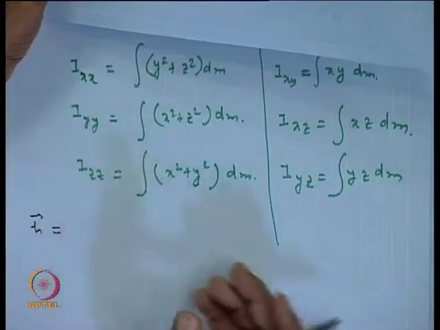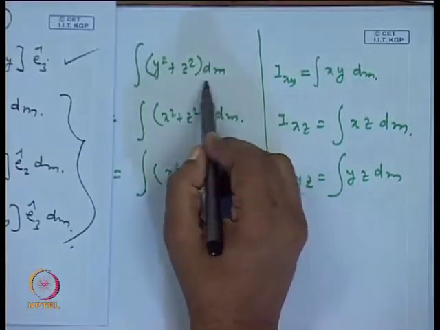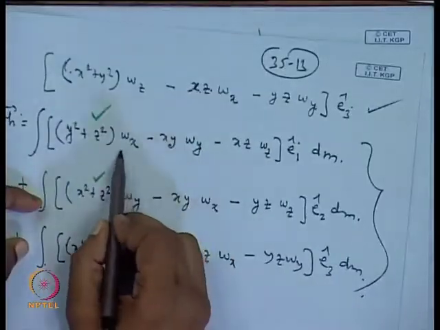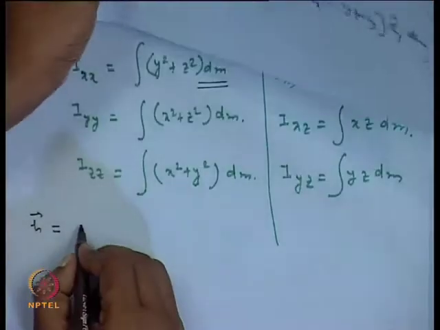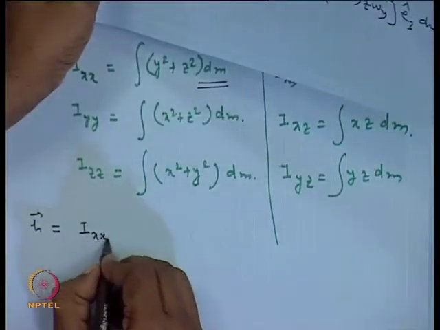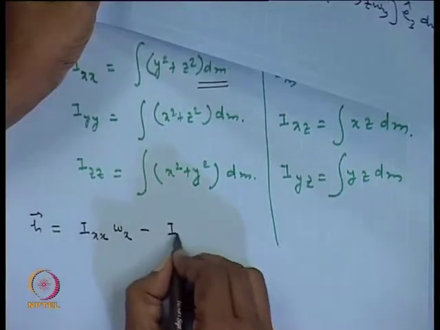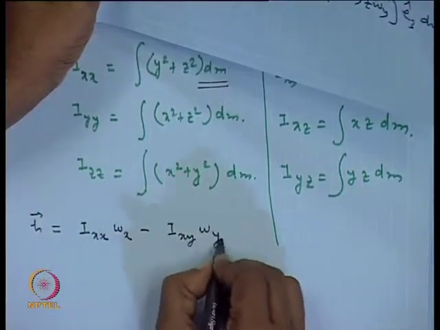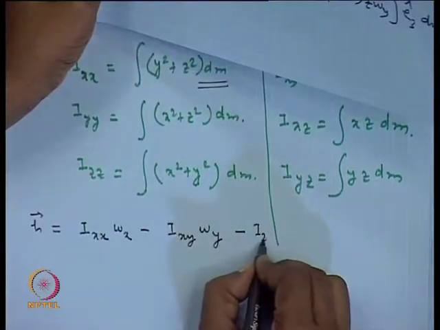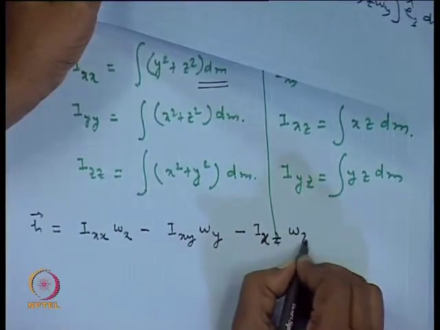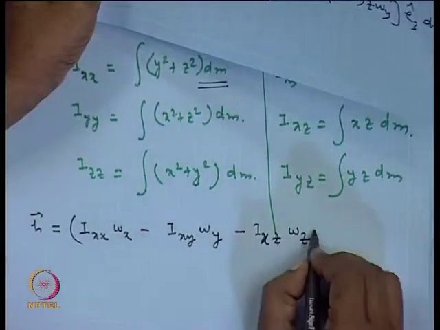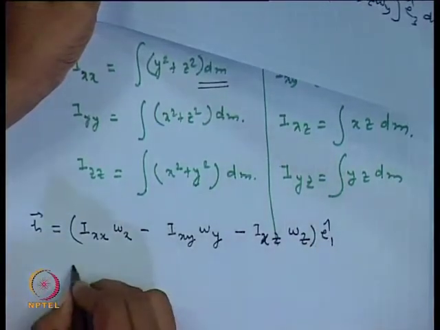So, omega, if you are doing the integration over the body, not over the omega, you remember. Okay. So, this can be taken out. So, what we can write here is I_xx times omega_x minus I_xy times omega_y minus I_xz times omega_z, times E1 cap, plus